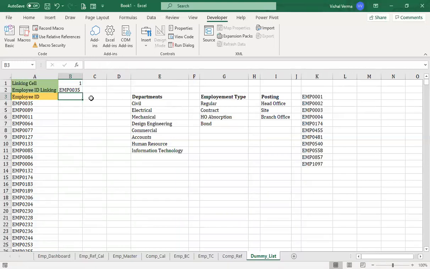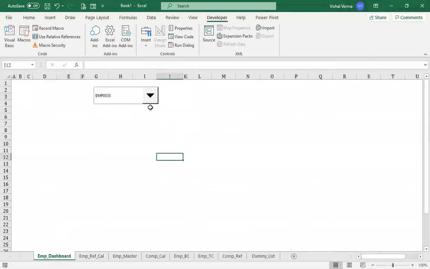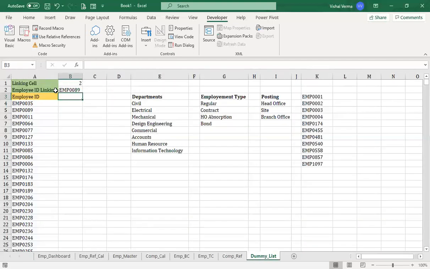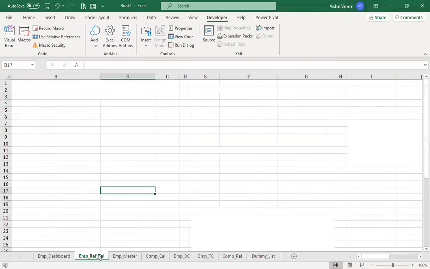So we got this employee ID, we got the cell linking. Now whenever we are changing here, say the next cell, it is changing to 2 and it is giving us the next employee ID. This particular cell will be actually used for further calculations. So what we need is to open up a new sheet, which will be for employee reference calculation.